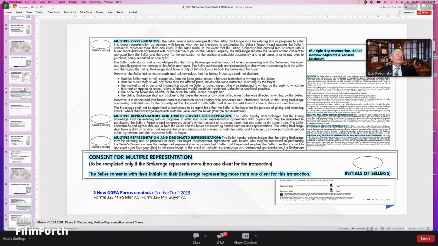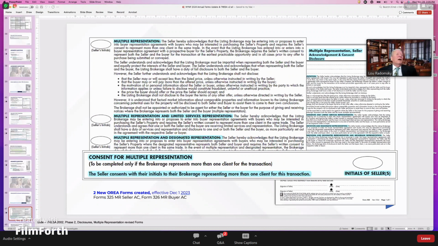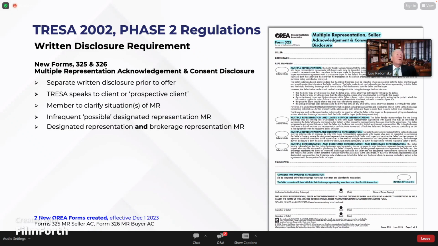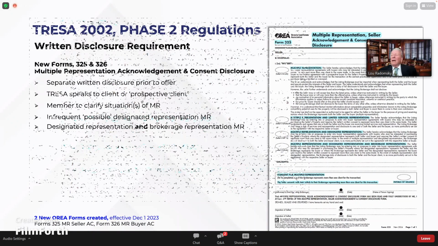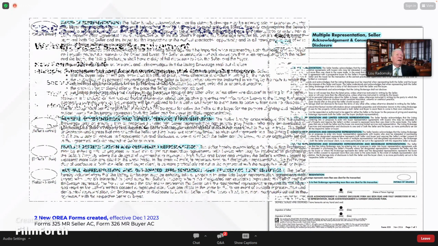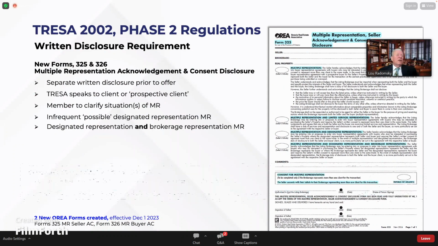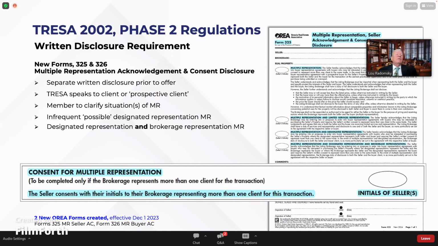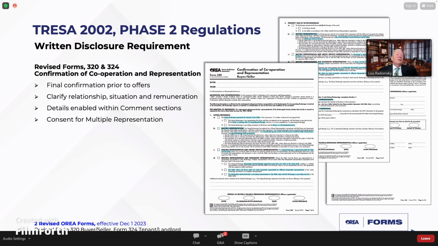All right. So I'm the designated rep. I brought in a listing to the brokerage. I also, as it turns out, signed up a buyer who liked the house that I had listed, and the buyer is also represented in a designated representation agreement because it's the same individual on both sides. All right. So guess what? I have multiple representation. Where it's different designated reps, a different one for the buyer, a different one for the seller,